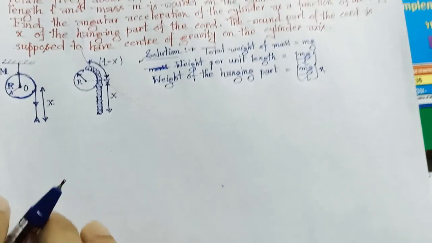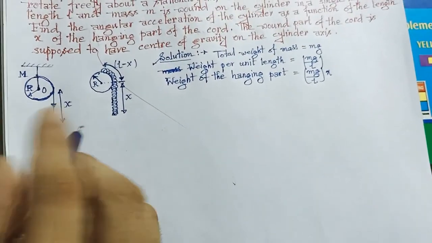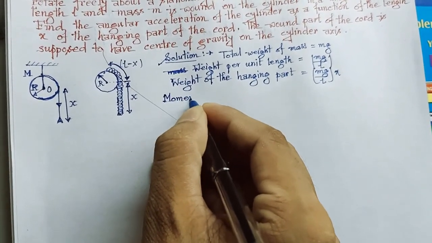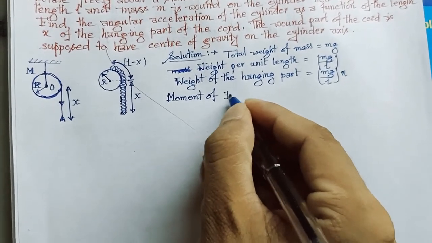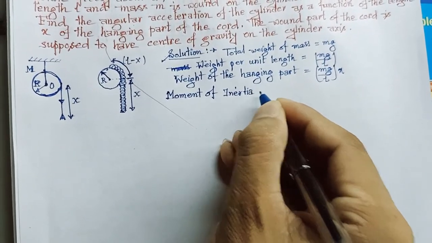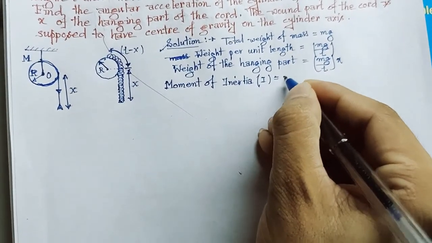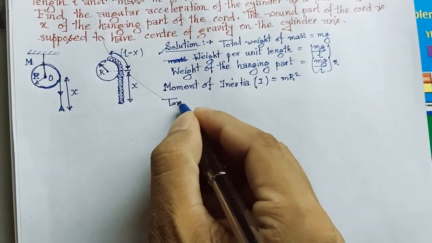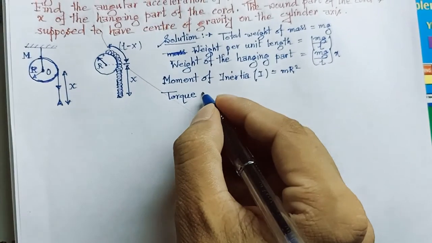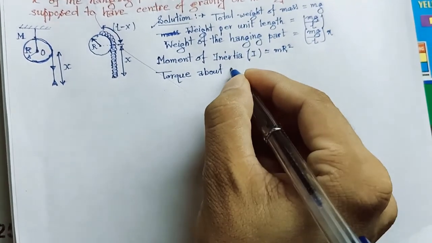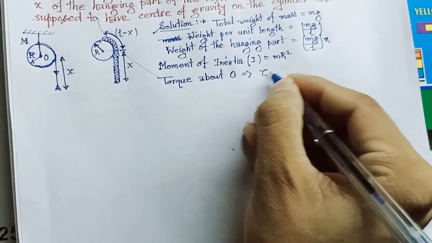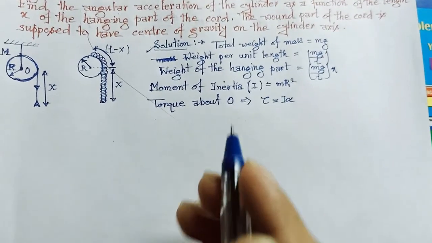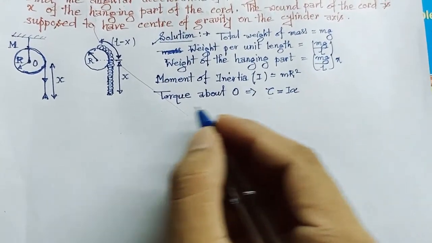Now the moment of inertia of the mass equal to mr square. Moment of inertia I is equal to mr square. Now taking torque about O, it implies tau equal to I alpha. Tau is the torque, I equal to moment of inertia, and alpha is the angular acceleration. From this equation tau equal to I alpha, we can write,